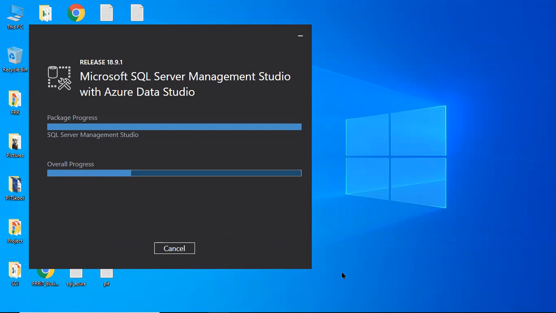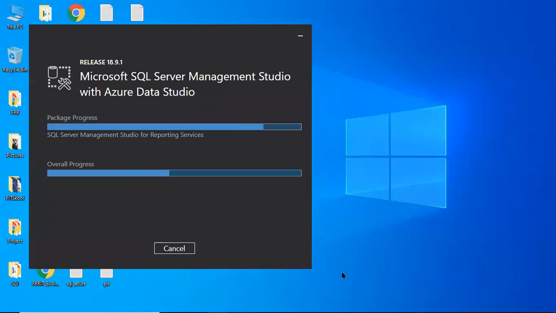Anything we can download, no problem. But installation should be done in order: first the engine should be installed, then SSMS should be installed. First engine, then SSMS. Okay, yes.